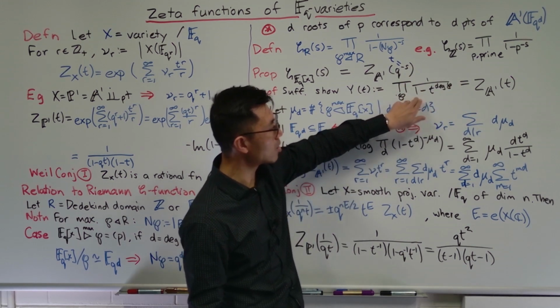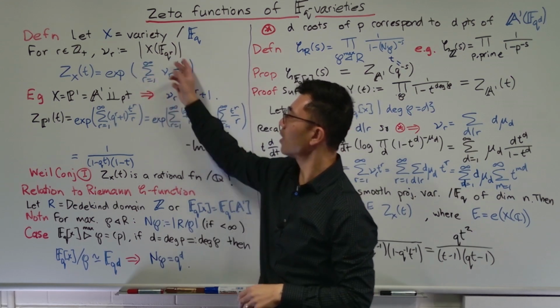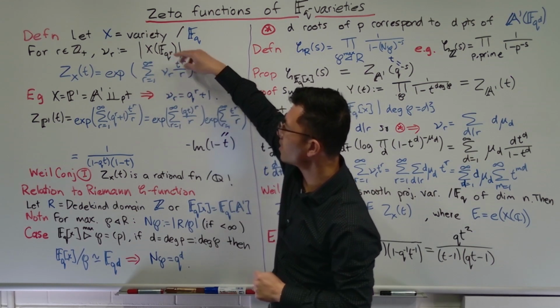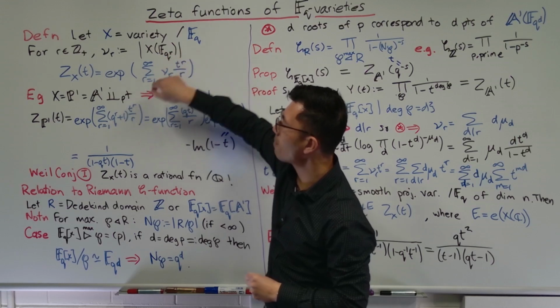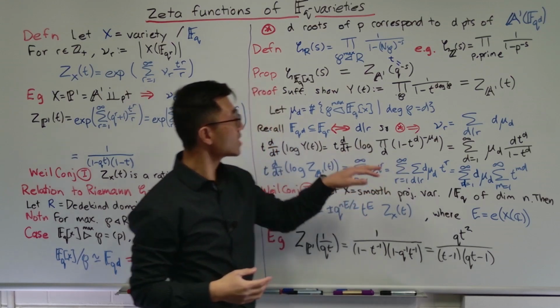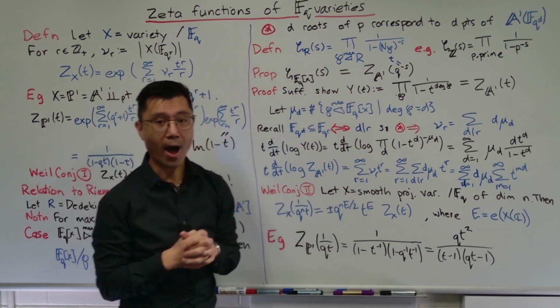Okay, so 1 is the constant term here, and the same is true here. When you look at this, it is exponential. Here, what you have inside this part is something that only involves t's. So there's no constant term other than 1. So actually, these are the same, and that establishes this proposition and also tells you why we call it the